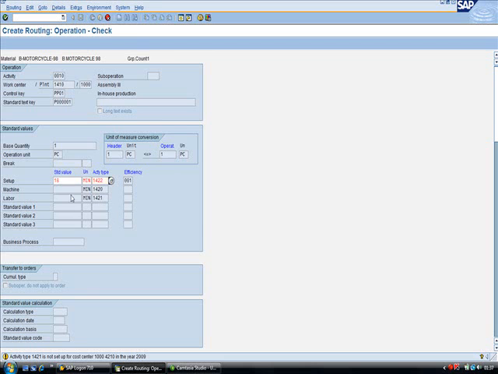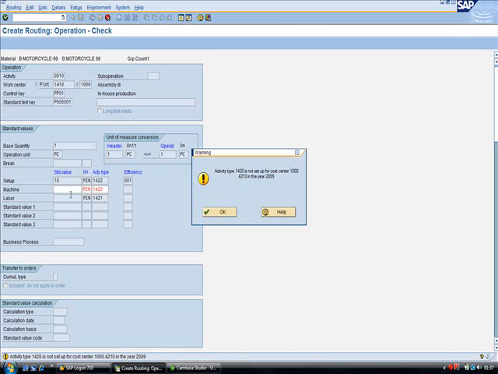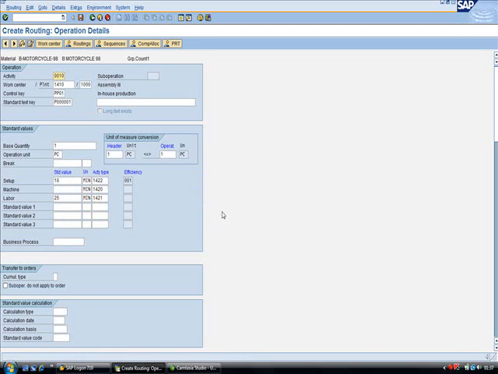And then for labor time, they are going to be 25 minutes, and the activity type is that one. Okay,